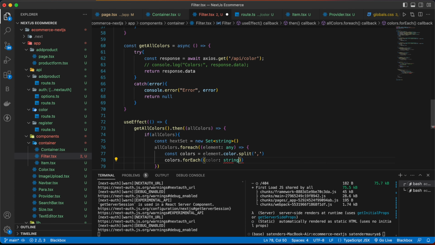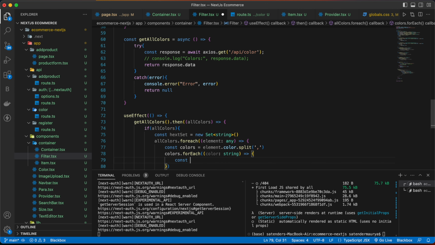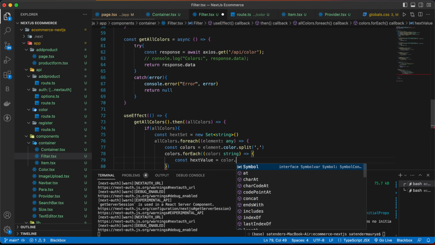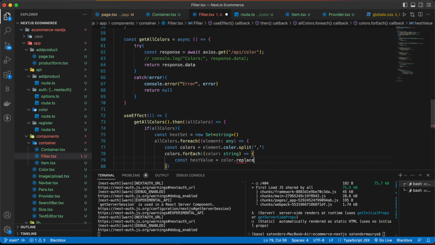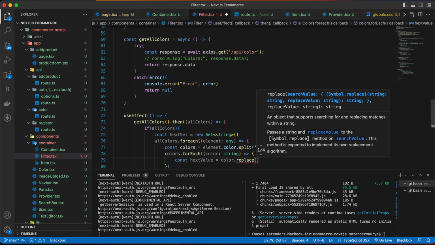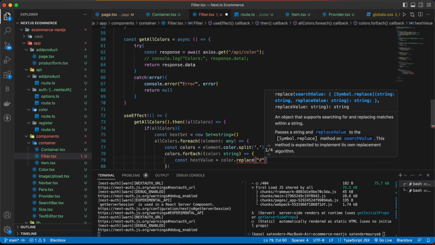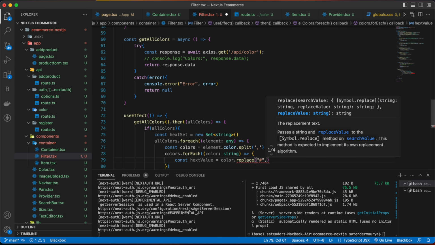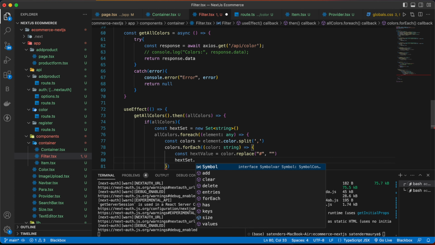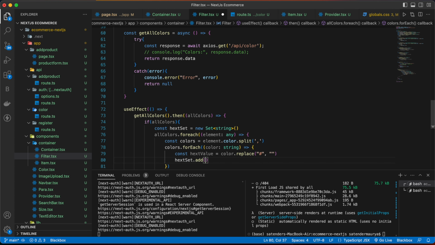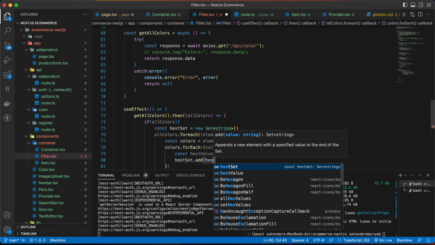type of string, const hex value is equal to color dot replace hashtag with this, then hex set dot add hex value.